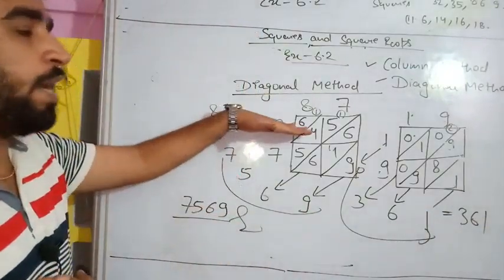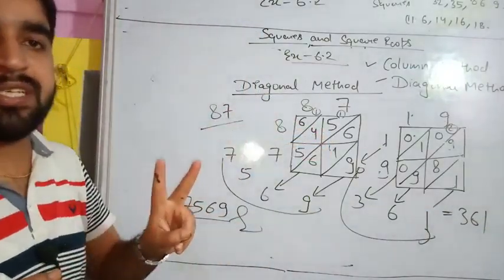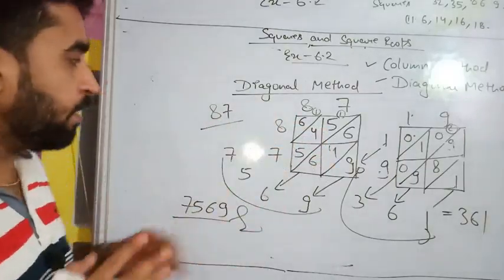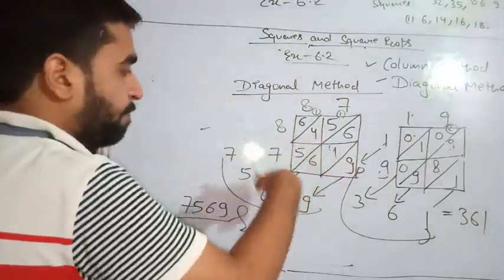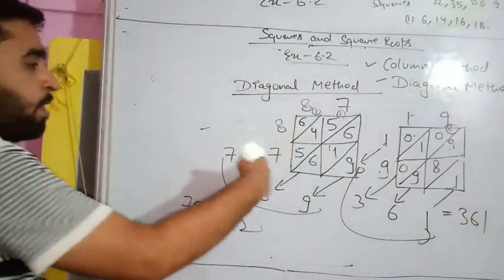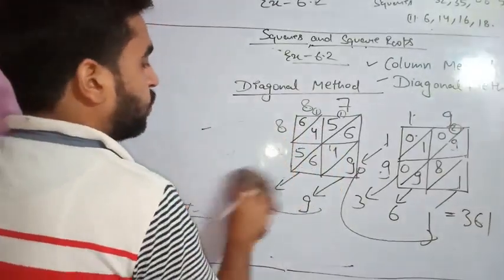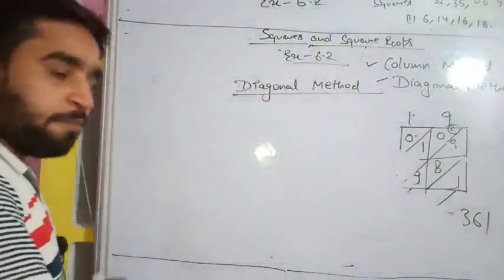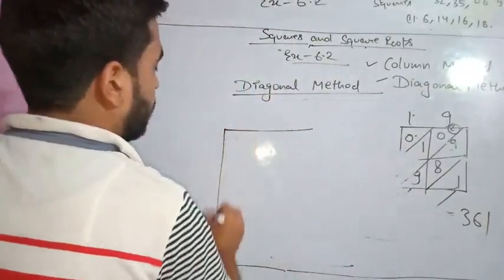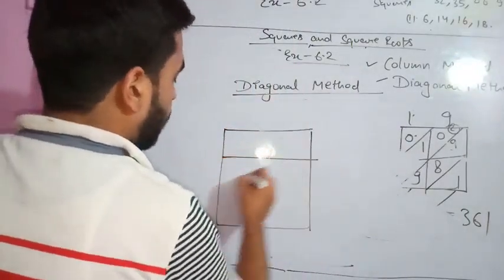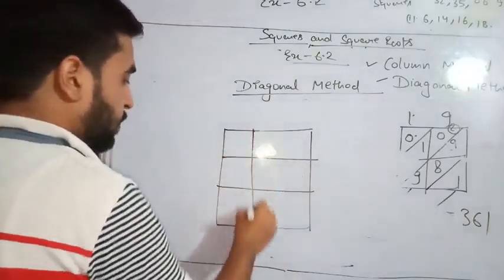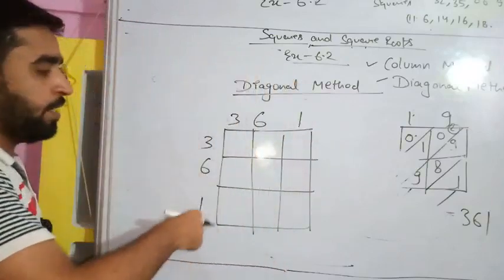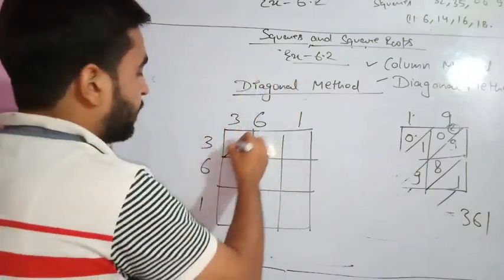Now the best part about diagonal method is it is not limited for 2 digits. We can solve it for 3 digits and many more by the same method, by applying the same method. The difference is, for 2 digits you have made out a square, means there were how many diagonals? 3 diagonals you have drawn, and when you will do it for 3-digit number, for example, suppose you are solving for 3-digit number, then this is how you will make out: 3 boxes, then again 3 boxes. Suppose we are calculating the square of 361, so this is how we will write: 361 361. Now start making the diagonals.